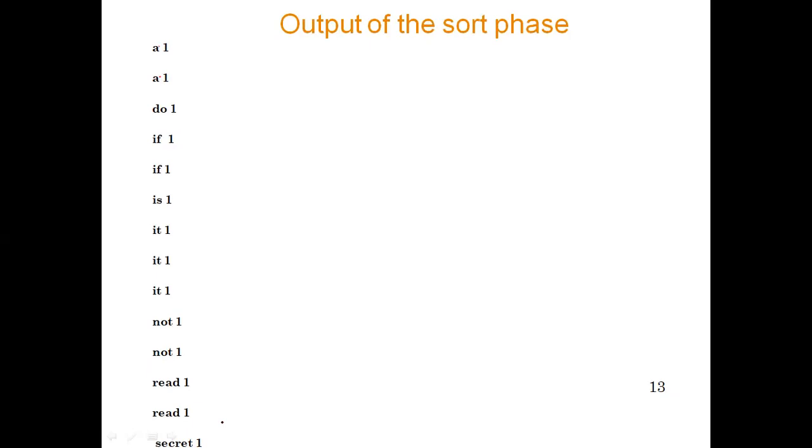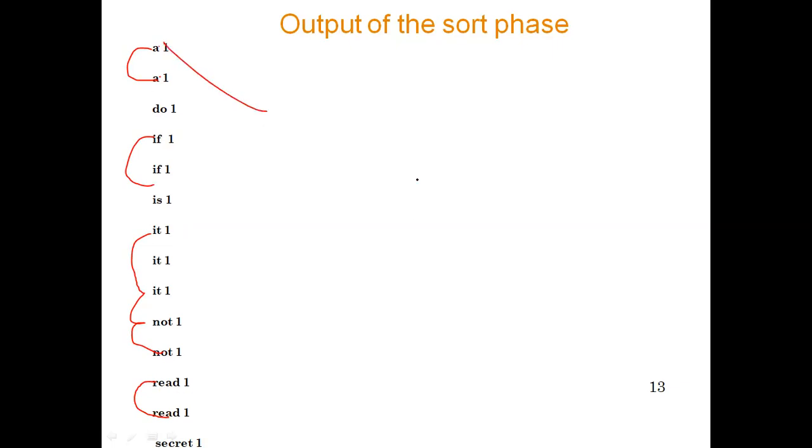So after the sorting has been done, we have assigned 1 to each value. Next we have to reduce the numbers. Now see, the number of words is quite large, and there is some duplicacy also. A is being repeated 2 times, F is 2 times, it is 3 times, then not is 2 times, after that read is 2 times, and so on. So is it not a good idea if we reduce the problem?